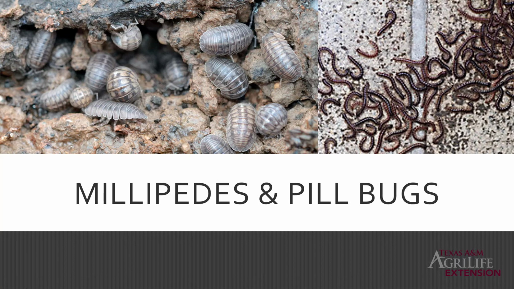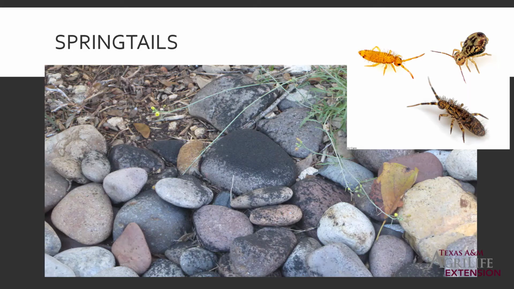They're just a nuisance. Just sweep them outside. They won't harm anything in the house. They aren't smart, so they just move until there's something that stops them, and generally that's a corner inside of your home. Another insect that is very common when it gets very wet, but also just common, cosmopolitan all across